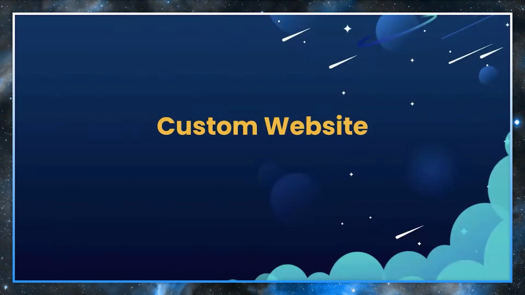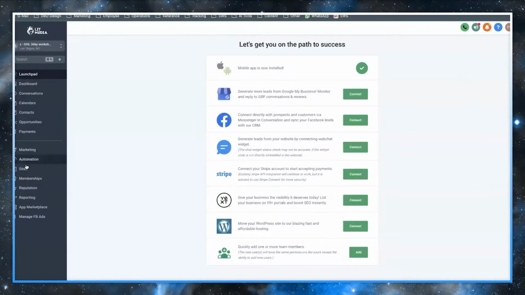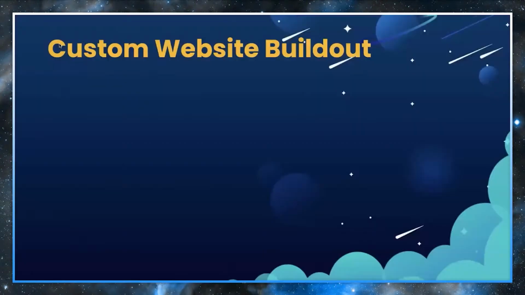I say you can integrate WordPress inside of High Level. That's exactly what we're doing here. We're going into the custom website process right now, and High Level does have WordPress hosting inside. If you go into sites, you can have your WordPress website right here. And if it's too much to move it, you can just integrate. You go into forms, go into the builder, copy the embed code and put it on the WordPress website. Again, if you're just doing custom sites, that's great, but you want a monthly recurring business. So now I guess the curveball hit me back.